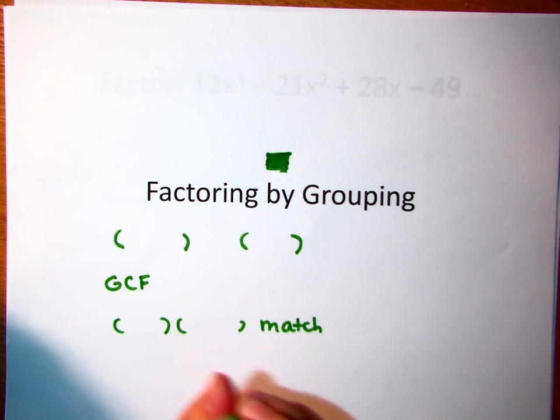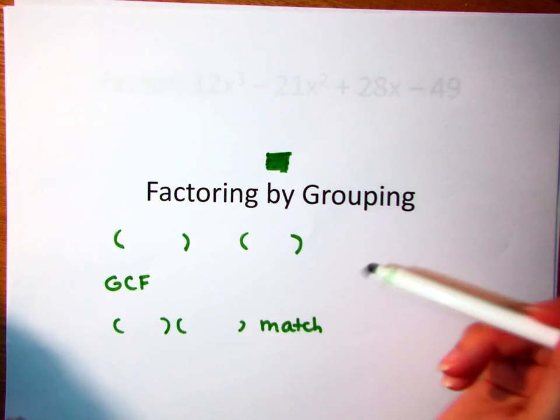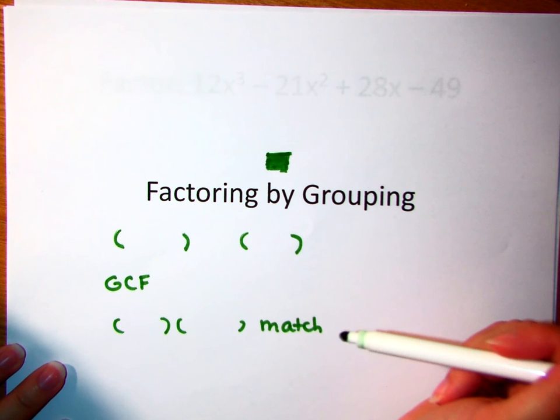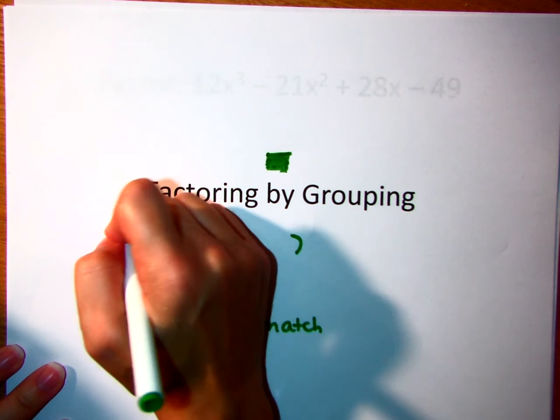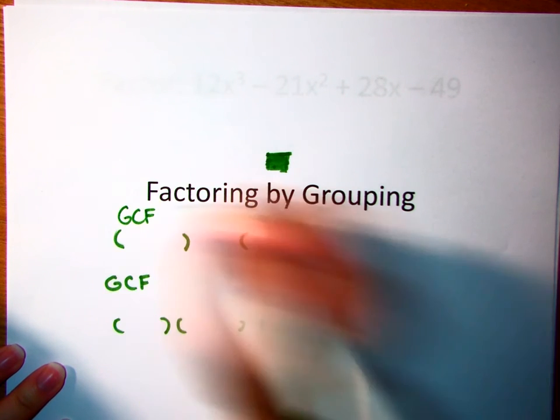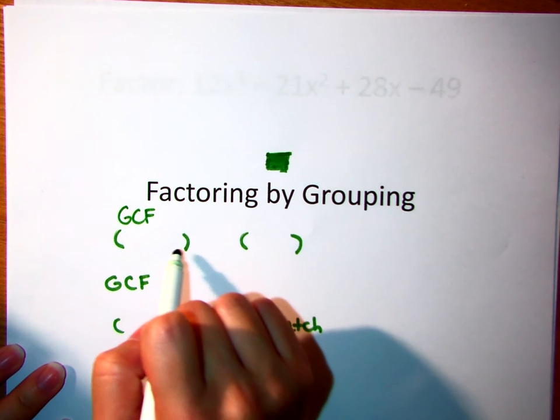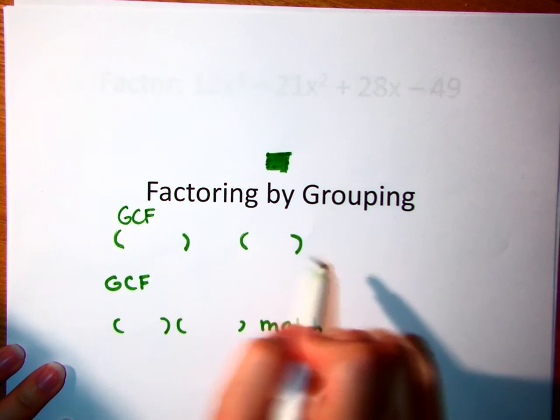This lesson is on factoring by grouping. When you factor by grouping, the first thing you always want to look for is to make sure that there isn't a GCF that you can pull out of all the terms first. Once you check that, then you want to go ahead and group things with parentheses, probably in sets of 2,